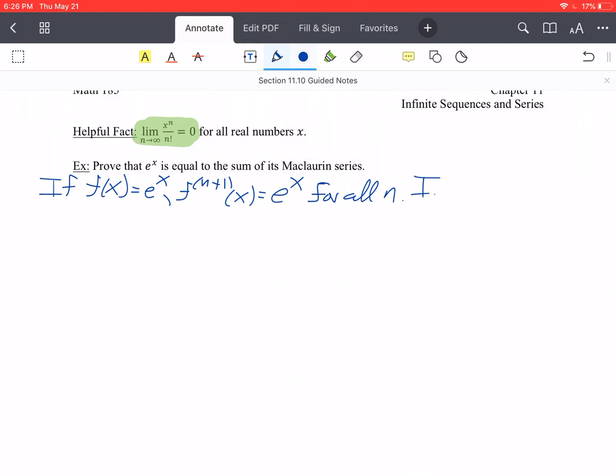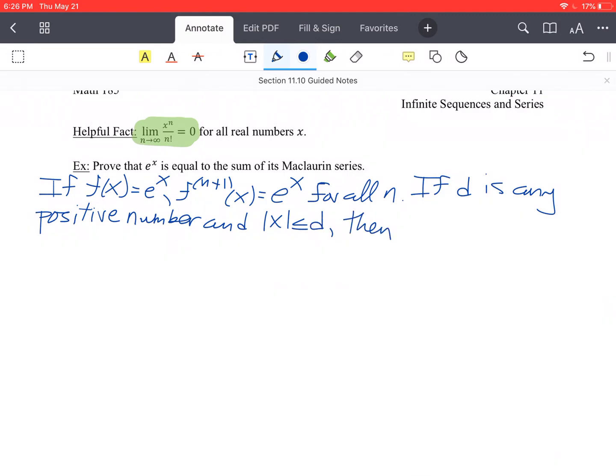Okay. If d is any positive number, and the absolute value of x is less than or equal to d, as is required, then the absolute value of that derivative, which is just going to be e to the x, right, because any derivative is e to the x, will be less than or equal to e